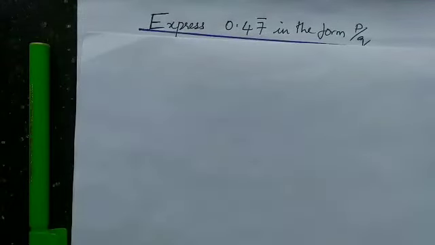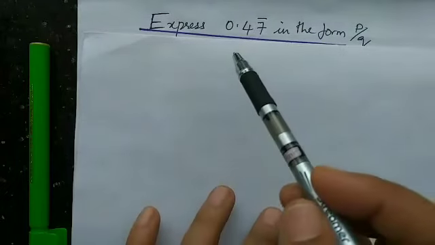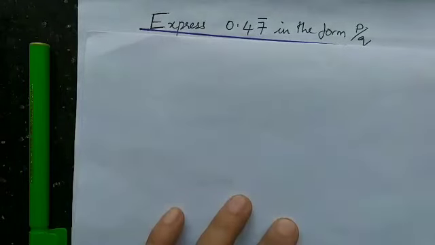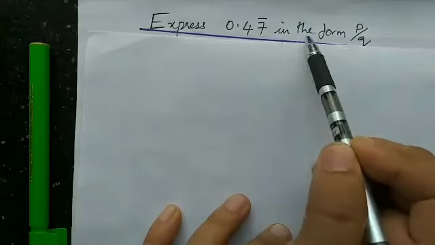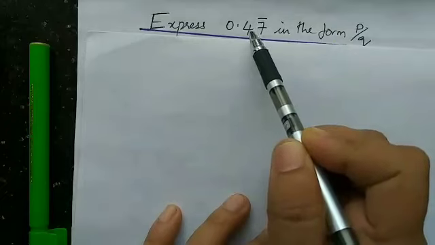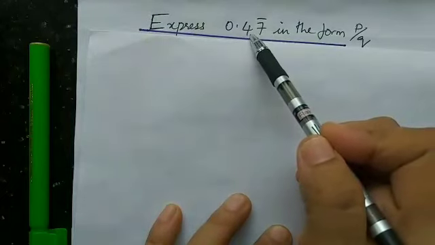This is another, different type of problem here. You are going to see how to express a rational number which has another digit in front of the non-terminating pattern. That is, before this repeating sequence, you have a digit here. So there is an obstacle here. This has to be removed first.